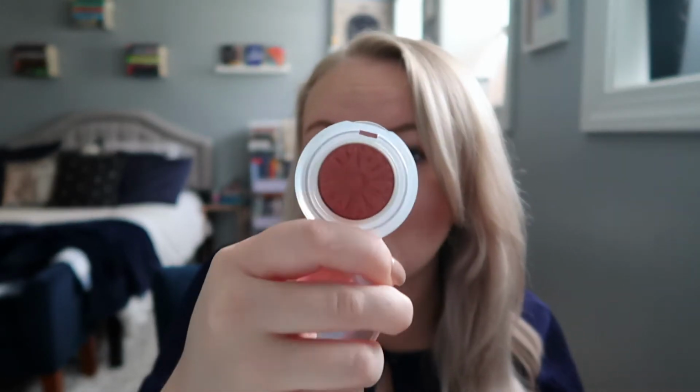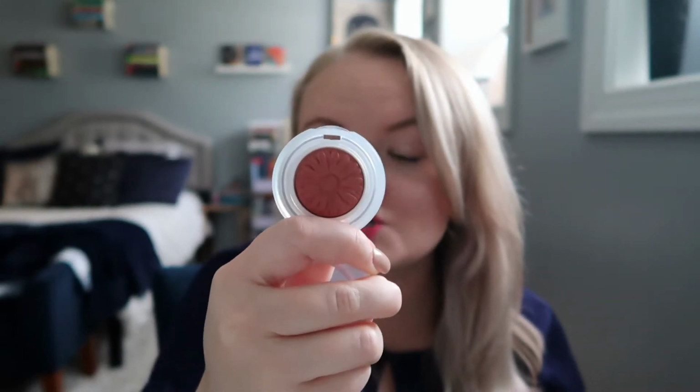Clinique, what is this called? Fig Pop Blush. No weight change, no visible change. Because I started using this in the summer, I felt like I had to have a pretty light hand with it because it is quite a deep blush. So this is one of those things that I like the way it looks on my cheeks. It's just I have to be very careful not to be too heavy-handed,